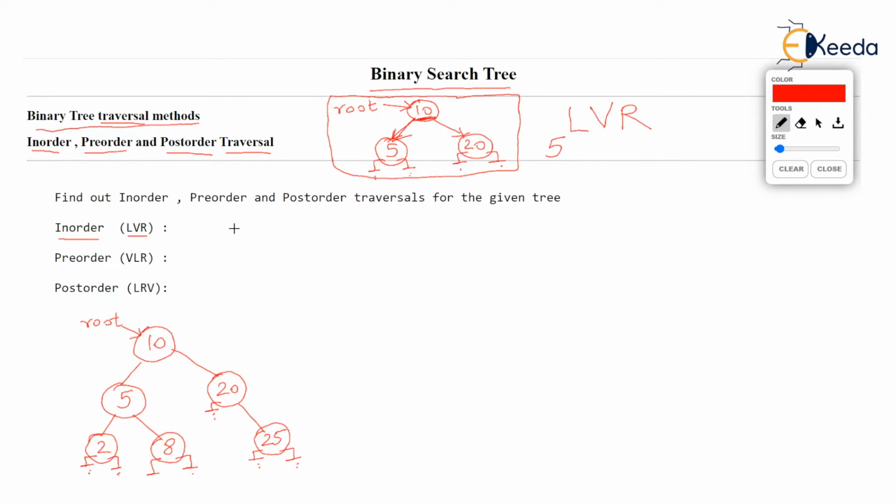Now as you have printed the left child of 10, you are free to print 10. So the vertex is now getting printed. After printing the vertex, you can print the right child. The right child of 10 is 20. So 20 gets printed. So in a simple definition, I can label this 5 as the left branch of 10, 20 as the right branch of 10, and 10 itself can be called the vertex. So the order in which in-order will print this tree is left, that is 5, then vertex, that is 10, and then the right, that is 20.